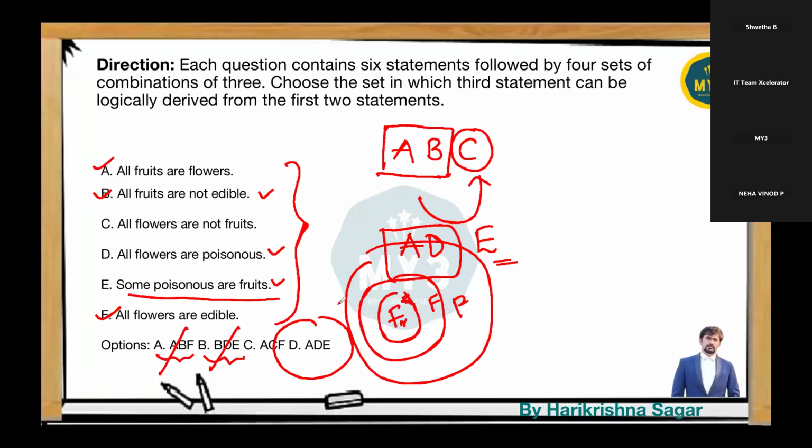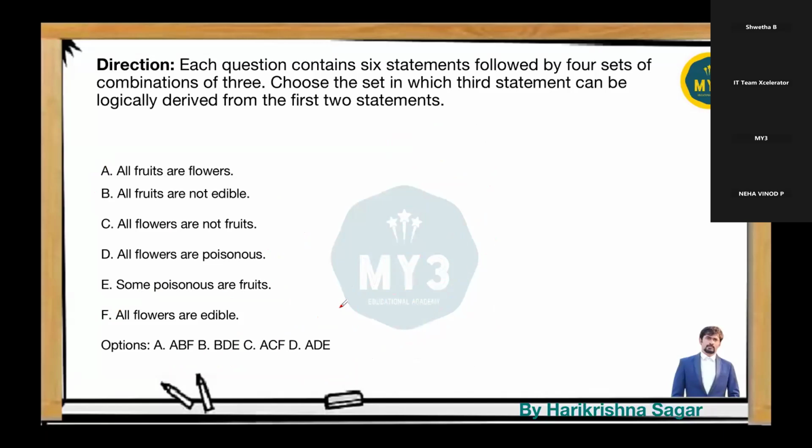That's possible. So like that, you have to deduce the data. If ABC is the answer, A and B should be the statements and C should be the conclusion. So it is also a similar type of syllogism question. While solving, I suggest you first read the conclusion. Here, first I will read E: some poisonous are fruits.